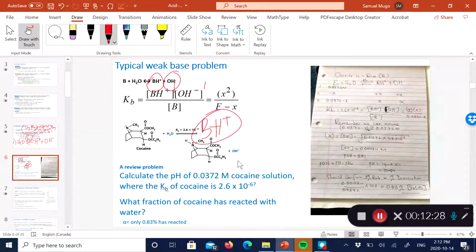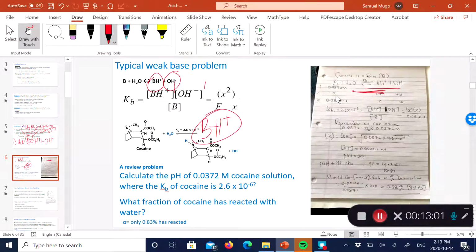So the question is, calculate the pH of 0.0372 molar concentration of cocaine. And again, fairly straightforward, I would set up my reaction: the base, the cocaine, reacts with water to get that. Initially, that is my concentration. The change, given enough time, the base